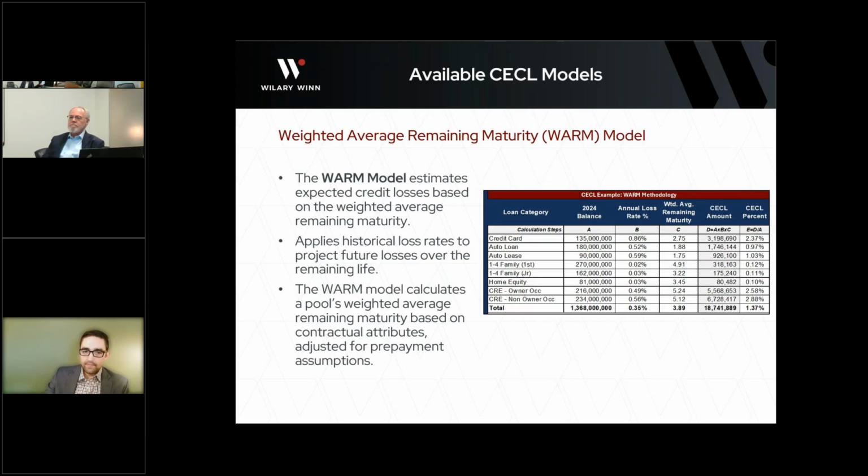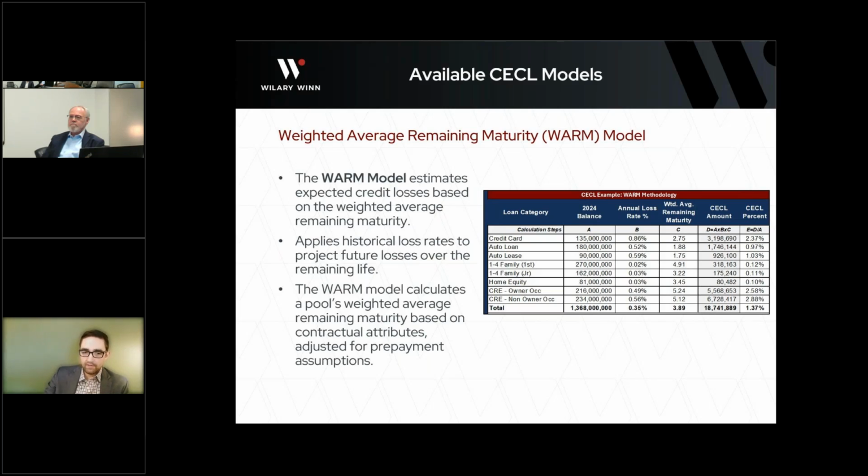The other issue with a WARM model is that it's also very sensitive to how the remaining maturity is calculated. So if those prepayments aren't factored in accurately, or if those assumptions are too simplistic, too high level, those loss estimates will be way off. And then on top of that, you're still in need of all of those qualitative adjustments to layer in forward-looking information, just like all those other models. So if you lean entirely on historical averages without adjusting for changes in unemployment, changes in collateral values, or even just interest rates into the future, you risk reserves being too high or too low,